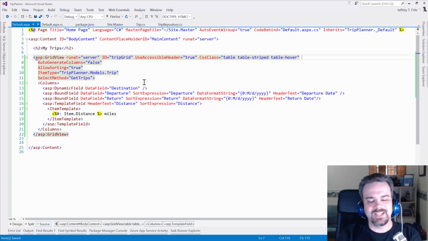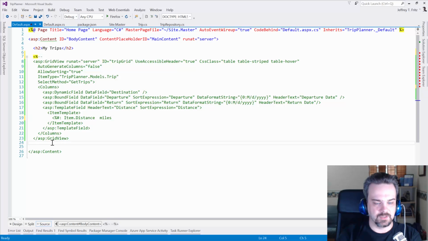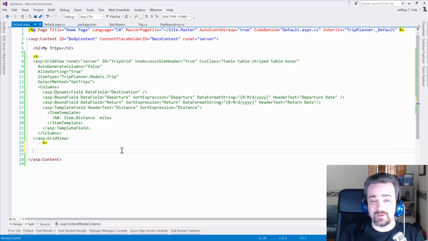But I don't want to use a server-side grid any longer. I want to use that client-side grid. So we need to get rid of this grid, and I'm going to use the server-side comment block to comment this out. I'm going to need to get rid of a little bit of this markup. There we go. All right, now with that removed, now I can start to build out my grid using standard